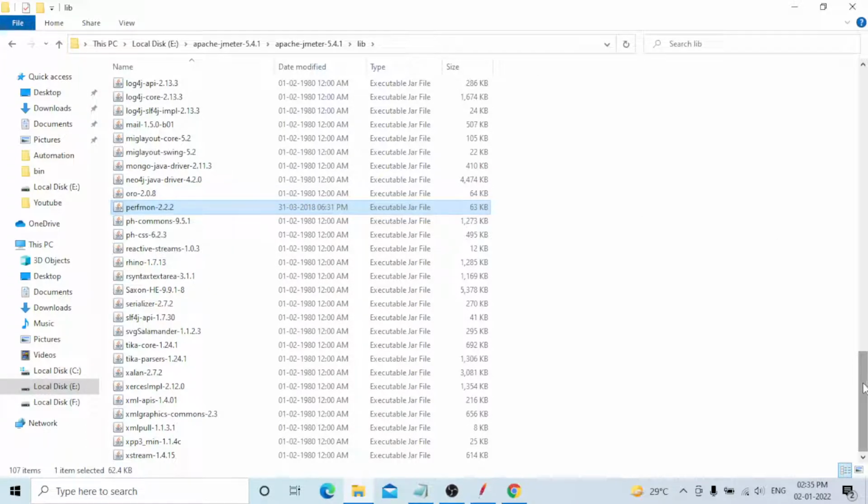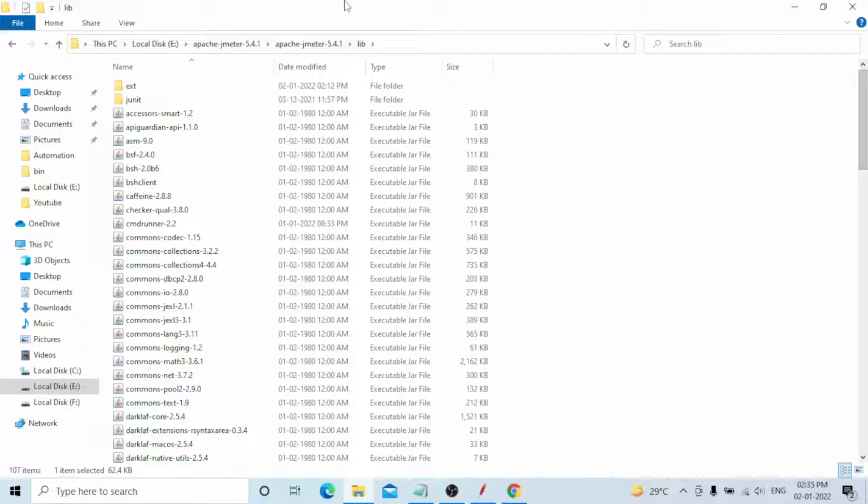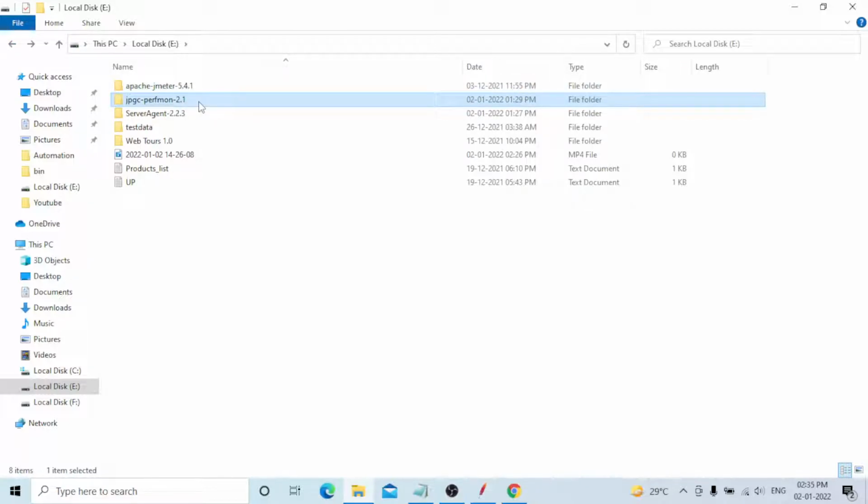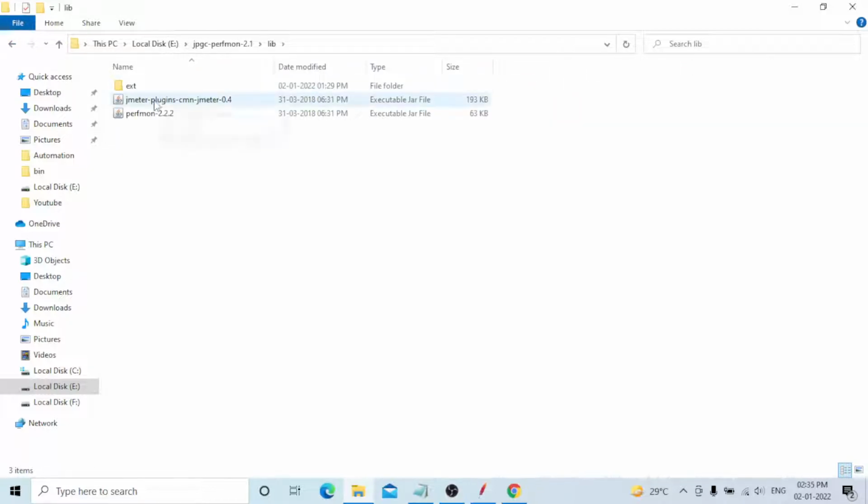Okay, these two jars you need to add to the JMeter lib folder first. Next you need to go to our folder place. This is lib. Both jars from lib you need to add to the JMeter lib folder.